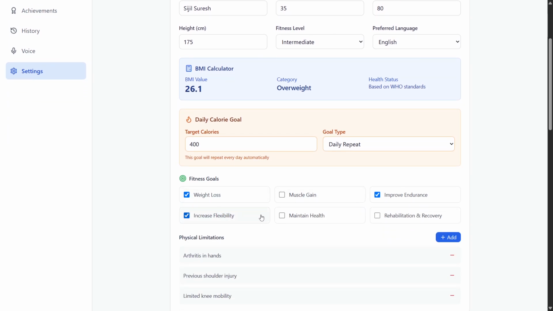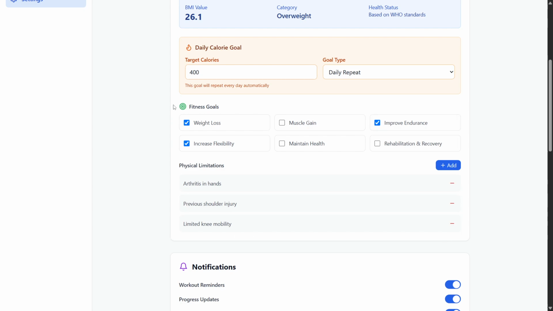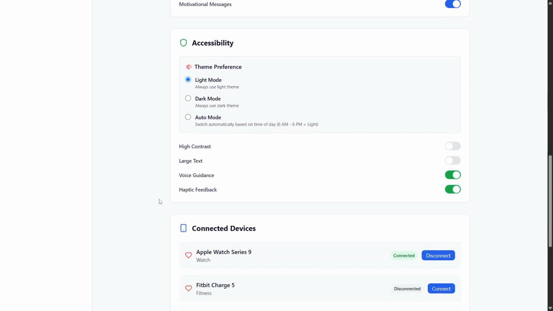You can select options for your fitness goal. Basically this section is what your journey or your goal with health coach is supposed to be. You can select your fitness goals. You can add limitations. These are some values that I've added before. You can add more as per the user's need. And then we have some quality of life settings over here. Your notification settings, accessibility,